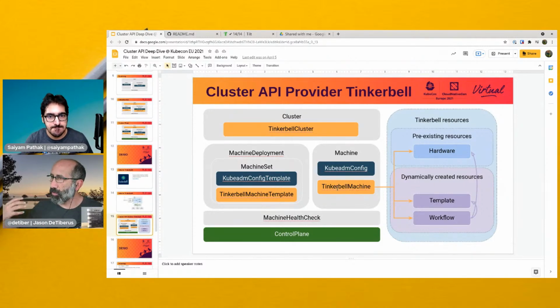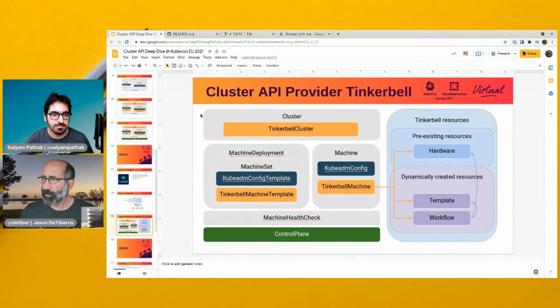And when we do this, we have the predefined hardware resources. Then the Tinkerbell machine, when it's created through either the machine deployment or the kubeadm control plane, is going to create a template and a workflow inside of Tinkerbell,